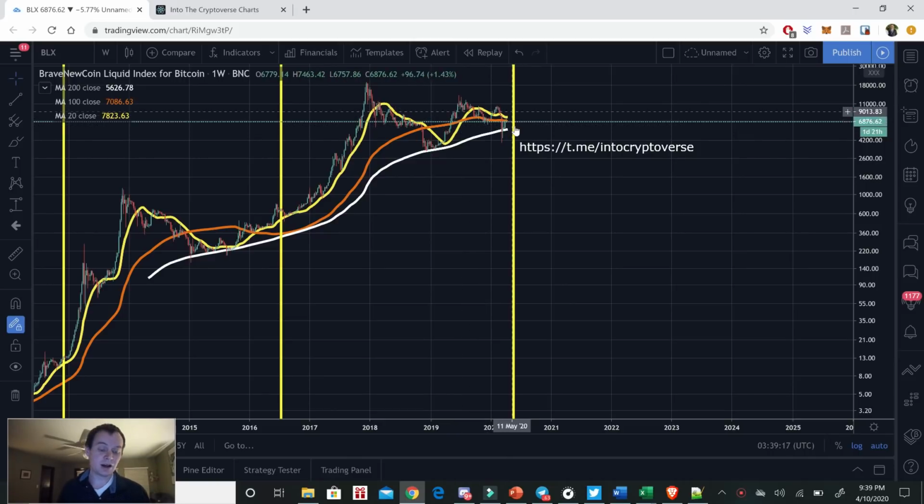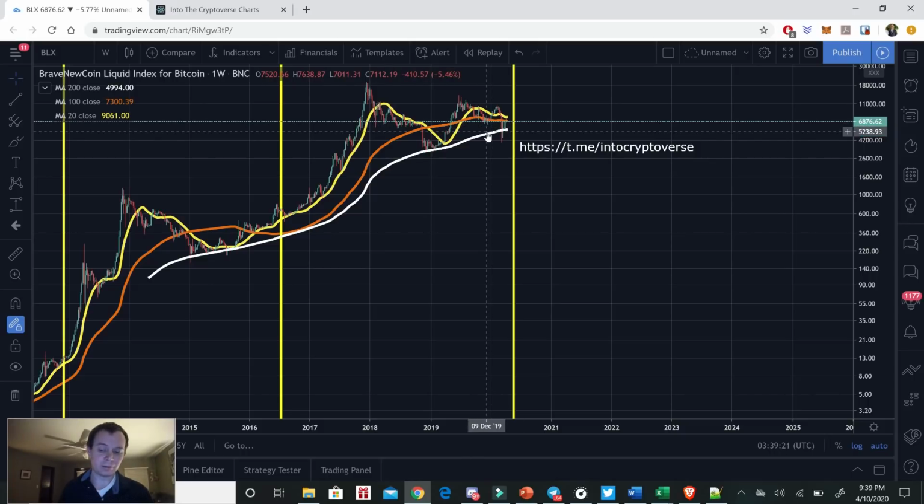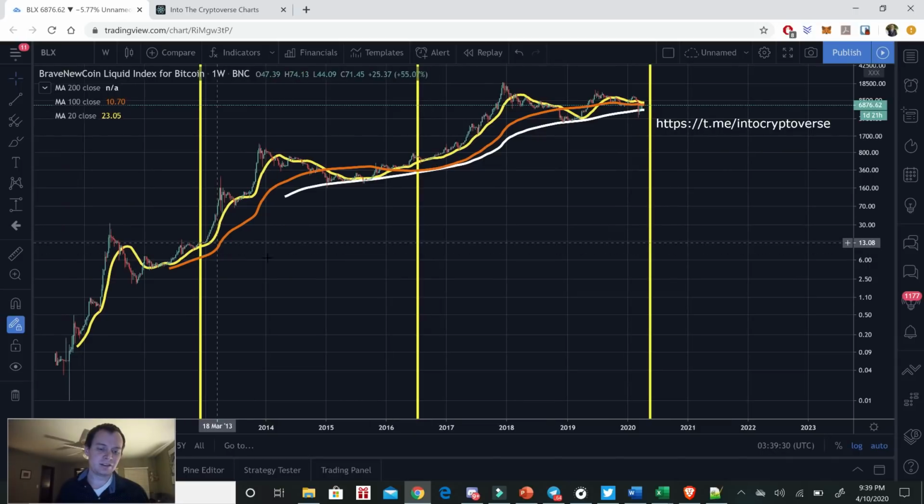And I get comments all the time that say, it's more complicated than that. And of course, it's more complicated. That's why I make videos constantly on the stuff. But this is one of those videos where I keep it as simple as possible. And anyways, you can see how these three moving averages typically, how well they govern the longer term structure of